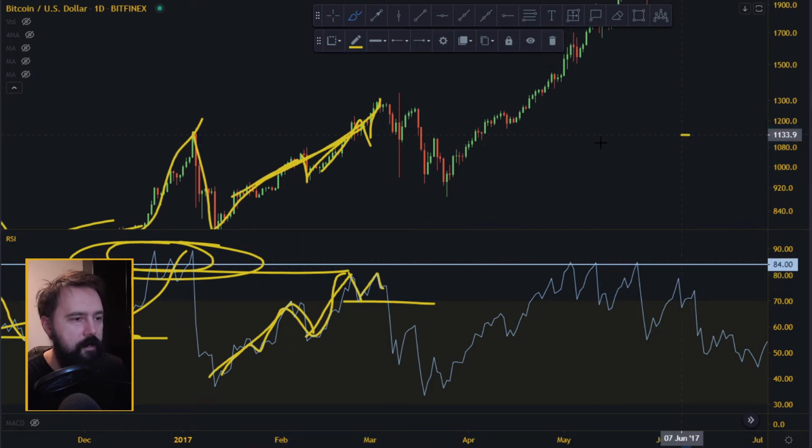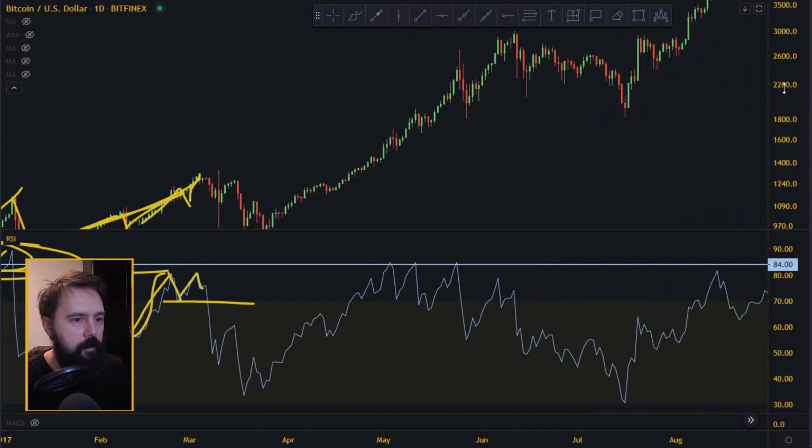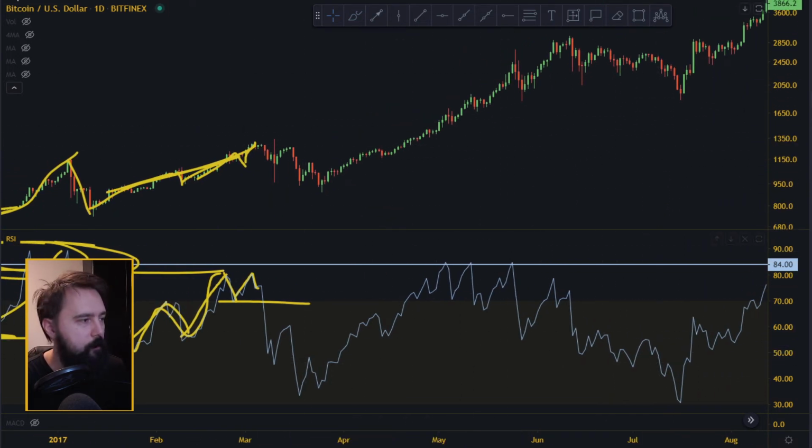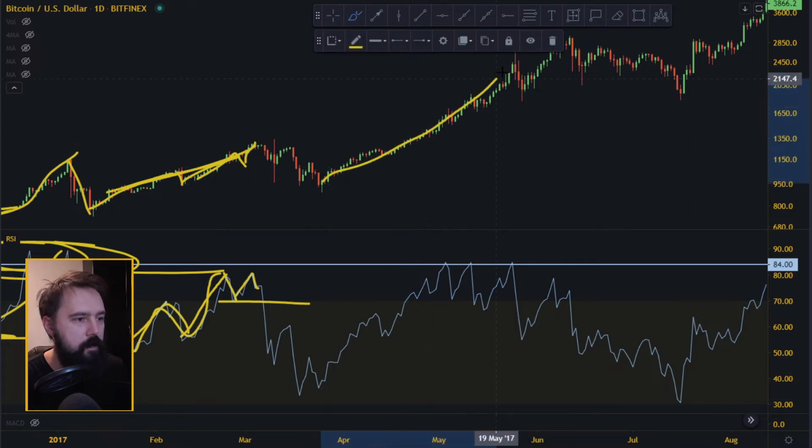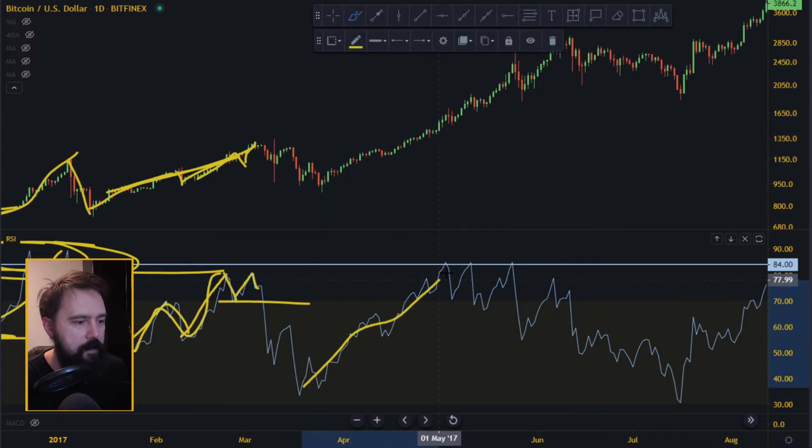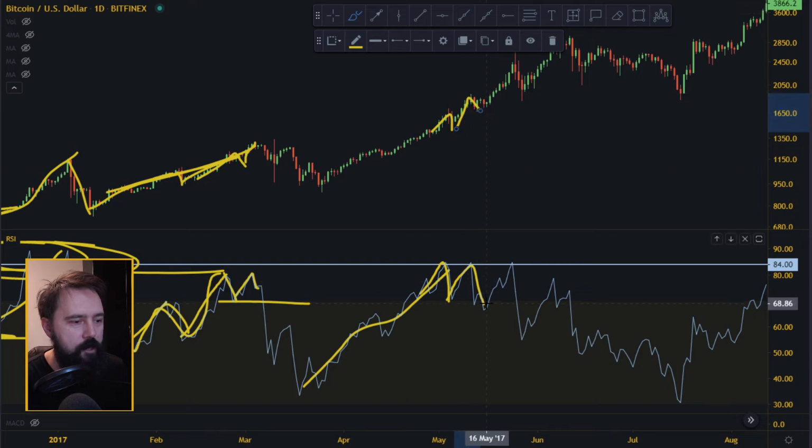Right here we can see that as well on this move over here. We can see it really nicely. When price is slowly, steadily going upwards, nothing happens. You see already here, it came up to the 84 mark. So it comes to 80, goes down, comes to 80, goes down, goes up, goes down to 70 again, goes down, correction, right? But it still has the power to move the price higher up.